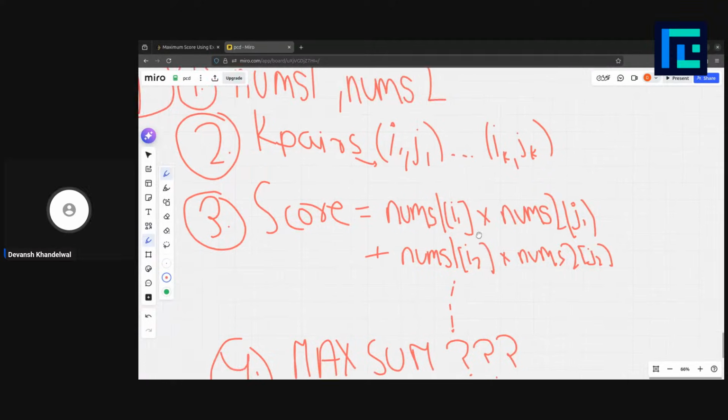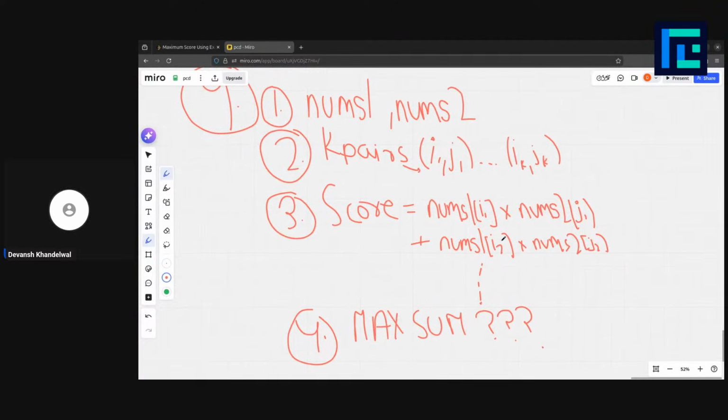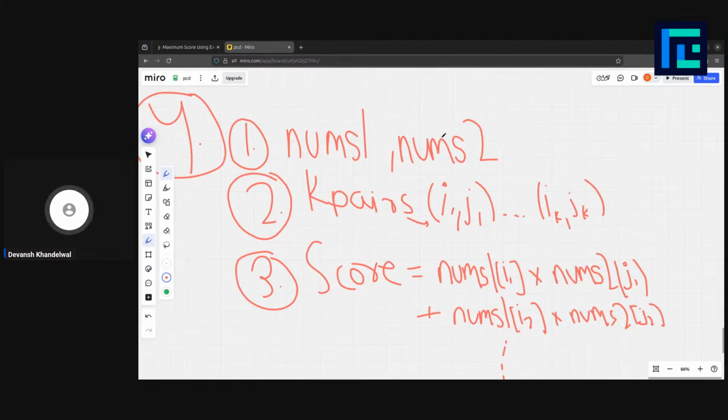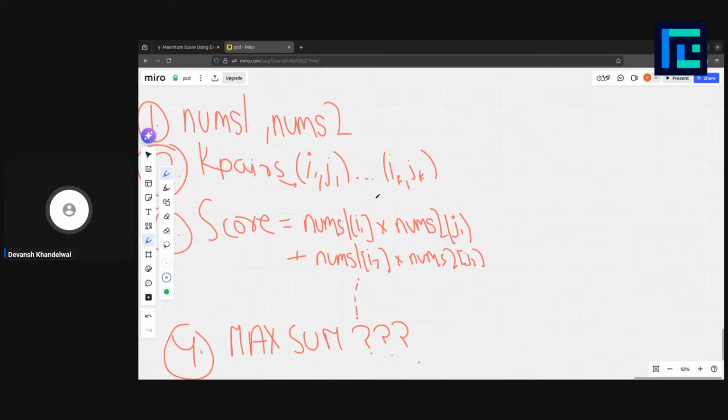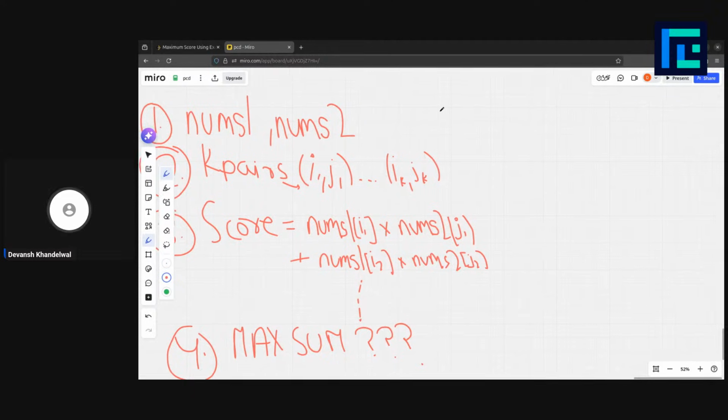So this is the question, right? First, let's understand the question. We have two arrays and we have to take k pairs. Each pair is like this. Each pair is basically indices, right? Like these, and then we are able to calculate the score. The score is nums1 at the first index we chose in this pair, multiplied by nums2 at the second index we chose. So this can easily be translated as k pairs of